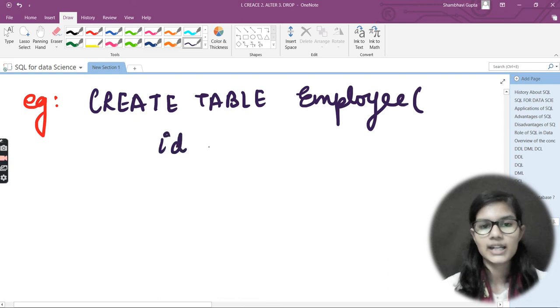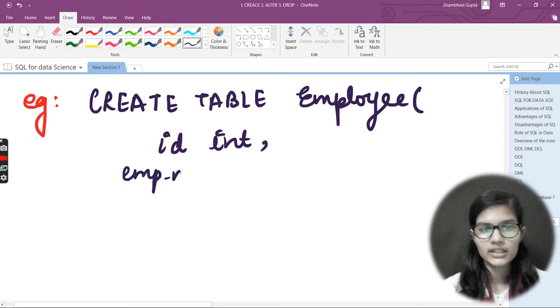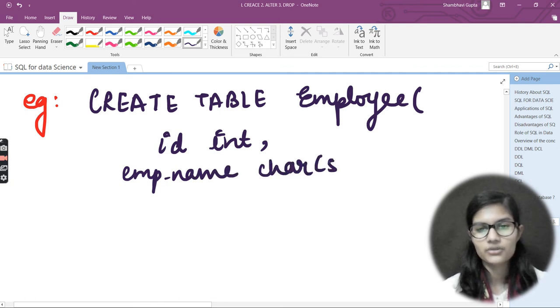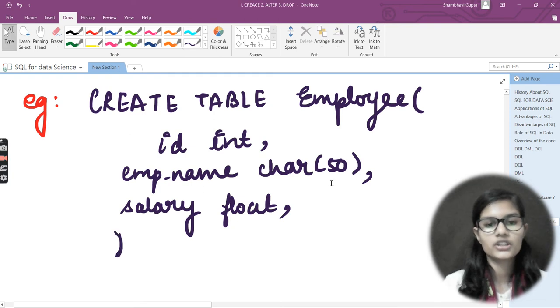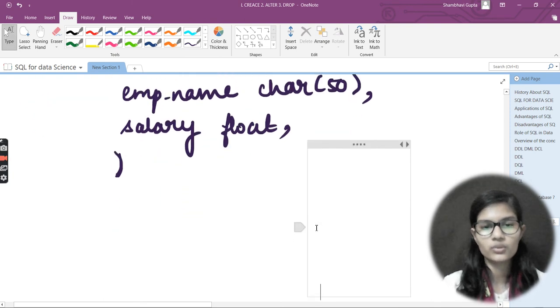I want to give the ID, and that would be in integer format. After that, I want to give the emp_name, which would be in character format, and size would be 50, right? Let's say after that, I want to give the salary. So salary would be in float format. And this is all. These are all the ones which I want to give. So this is how I could create a table according to my choice, whatever I want to make, right?